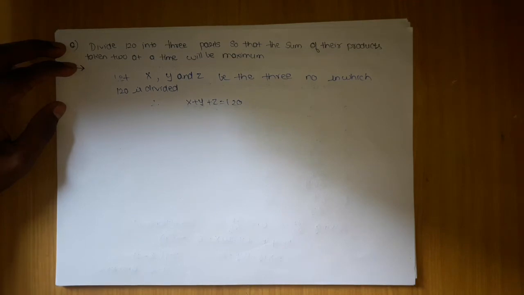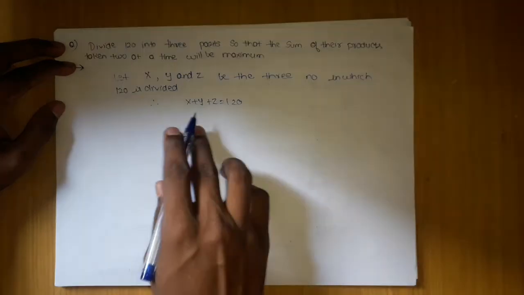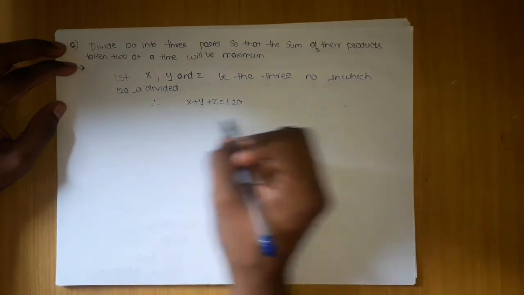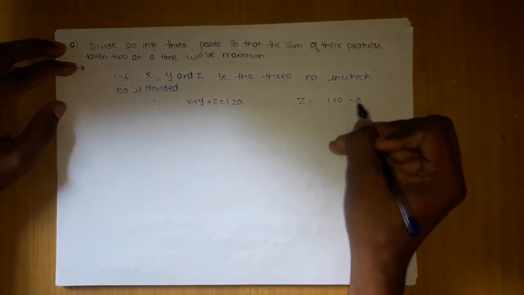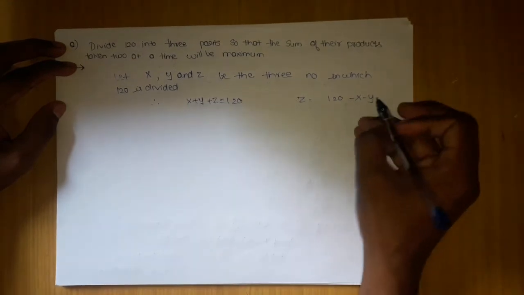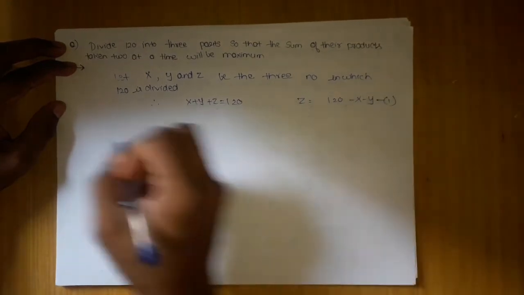So I have mentioned we will replace x, y and z. We will try to eliminate z because we have the formulas of second derivative for 2 variables, x and y. We don't have them for 3, we don't involve del square f by del z square. You will find that we involve only del square f by del x square and del square f by del y square. So we need to eliminate this z. How will we eliminate z? We will eliminate it by putting z equals 120 minus x minus y. So we'll keep this in mind as equation 1.